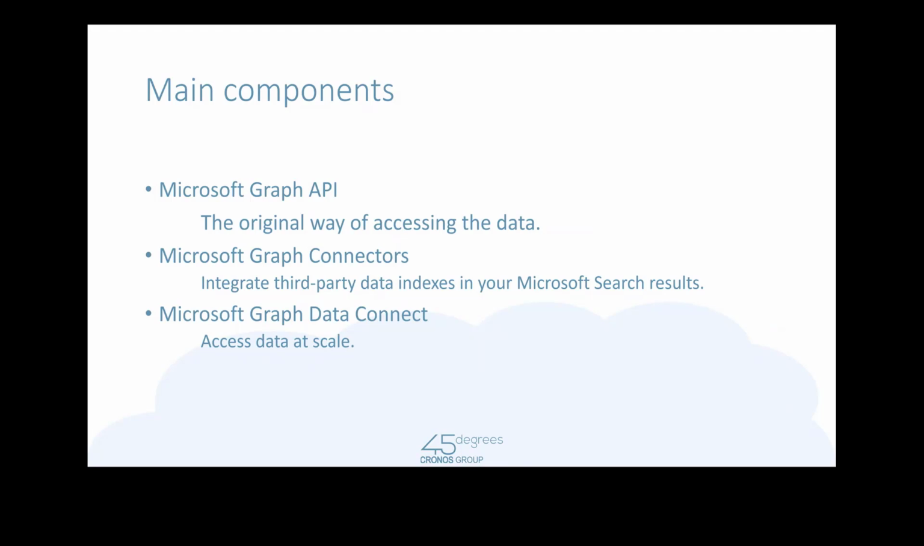Microsoft Graph connectors. That's a new one for the moment, still in preview. With the connector, you can integrate third-party data indexes in your Microsoft search results. For example, you can index data specific to your application database. You have a Microsoft SQL Server, a MongoDB, MySQL or whatsoever, or even an Azure SQL. It can be on-premise or in a public or private cloud. You can integrate that data indexes in your Microsoft search results, so you can deliver to your user one